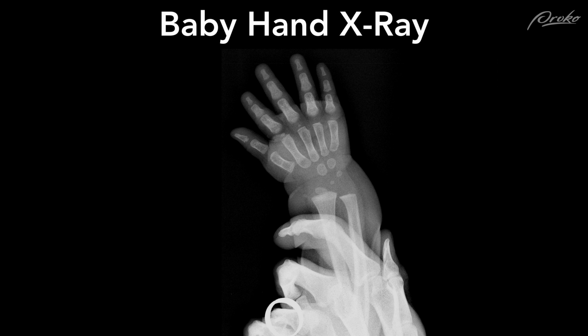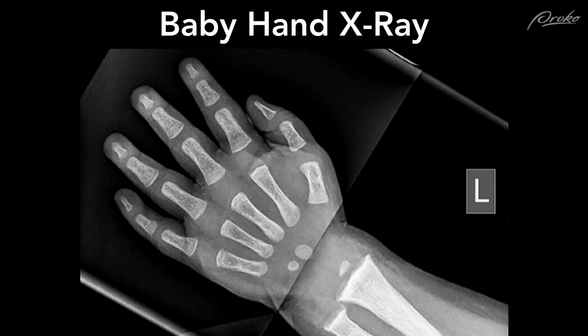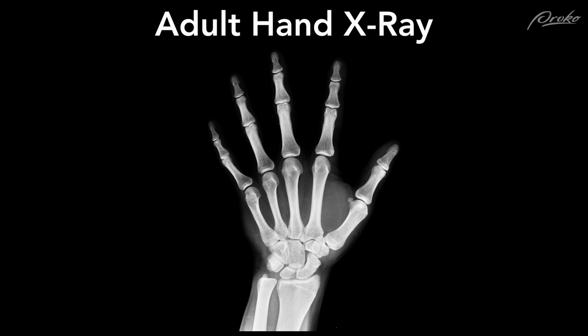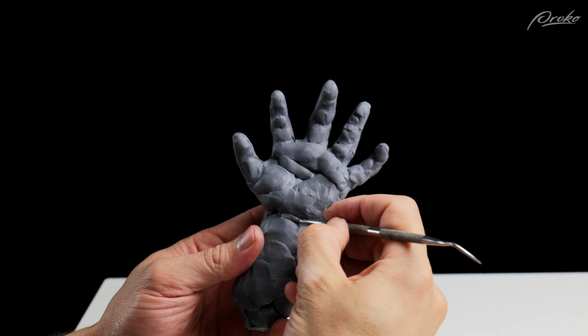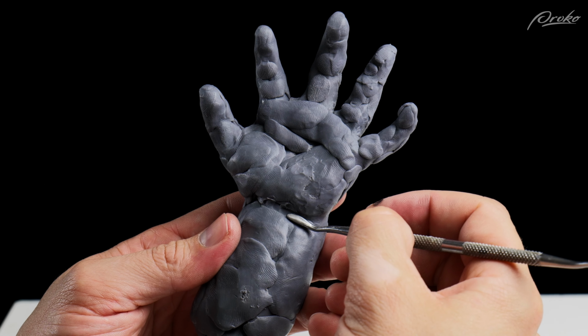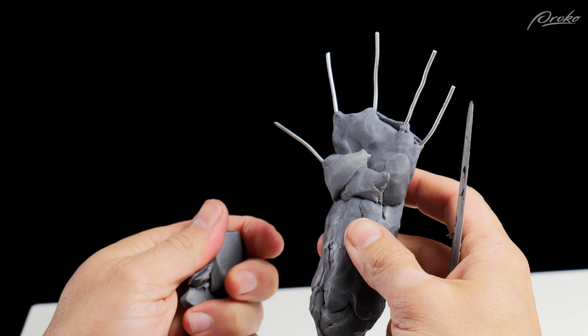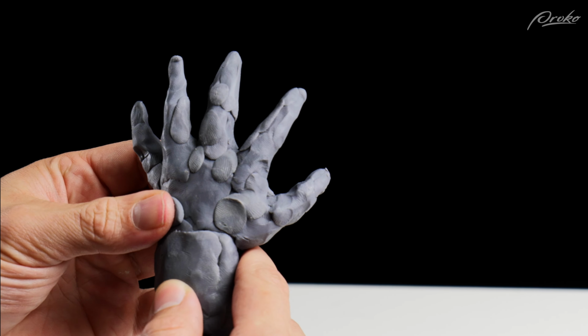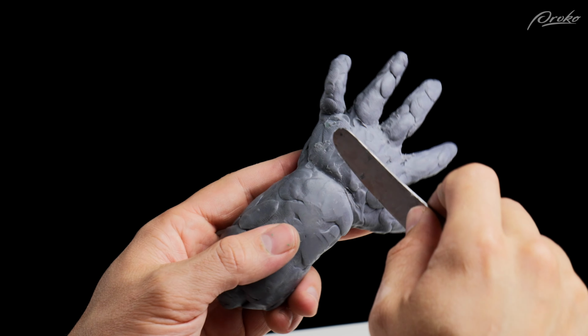If you look at an X-ray of a baby's hands, you'll see that the bones are actually quite separated, quite a bit of growth and development that's going to take place in the bony structures of the hand. So in adulthood, the bones make up the majority of the hand, but this is not the case with babies. So for artists, you want to emphasize the chubbiness and the dimples and the softness of the hands of infants. Be thinking about how to break the hand down into simple shapes and avoid sharp angles and bony features. Once you understand the hands of babies, then it really just moves towards adulthood as we age.